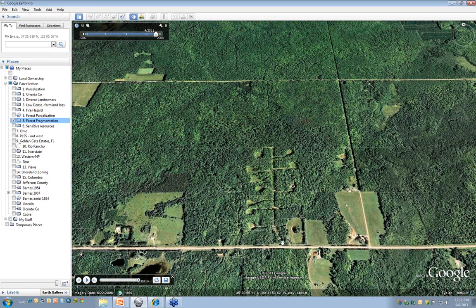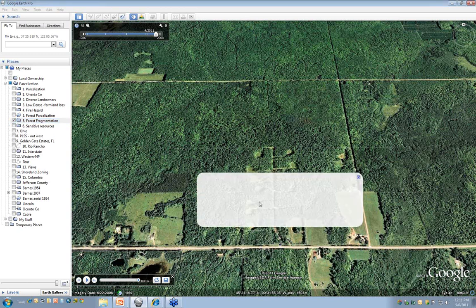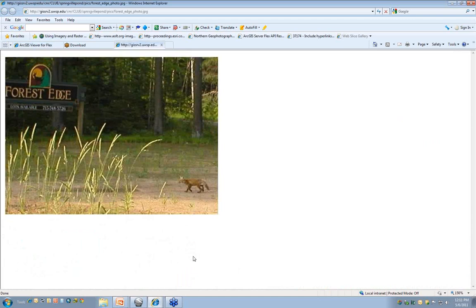What we find interesting is a colleague of mine had driven past there a few years ago and took a picture of the entrance. The picture should pop up here for you. We just find it kind of ironic that this is the name of the subdivision. They called it Forest Edge. While my colleague was taking the picture, a small fox was running through. We find it ironic because the subdivision is basically creating more forest edge and more forest fragmentation, even though it sits mostly empty.